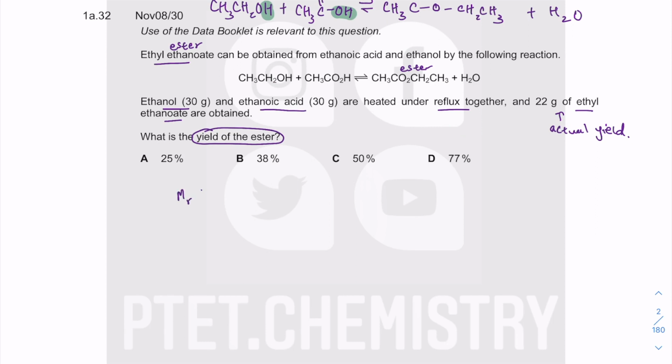So I have to first calculate the mole of ethanol. Ethanol is CH3CH2OH, so 12.0 plus 3.0 times... I can just use the molecular formula, I guess, C2H6O. So 12 times 2 plus 6 plus 16, that gives me 46.0. Of course, your calculator doesn't show you the 0.0, but you know,